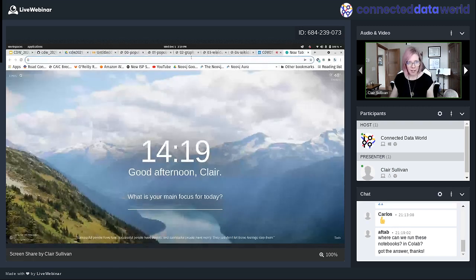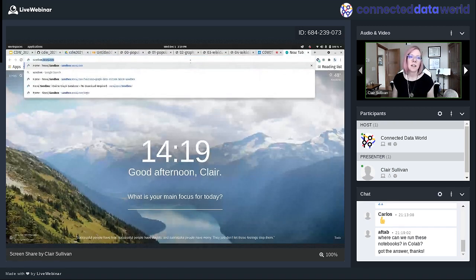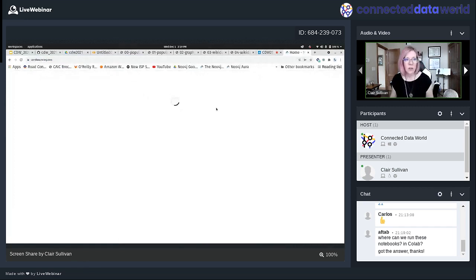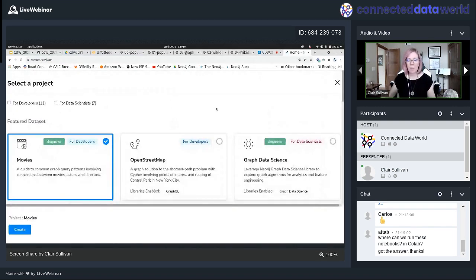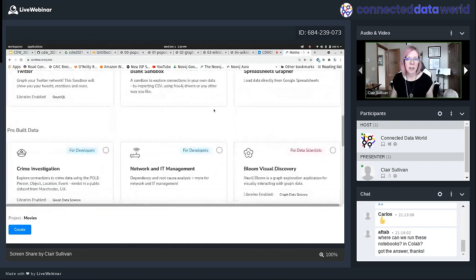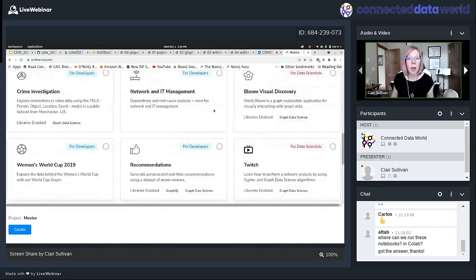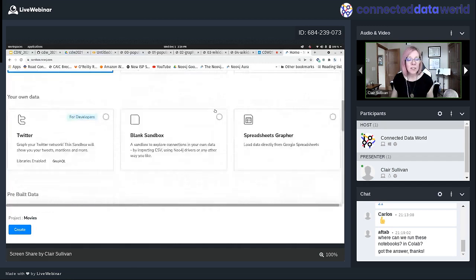Okay, so to create our database, our starting database, we go to sandbox.neo4j.com. And again, that's linked in the README and the repo, so you don't have to remember that. Okay, so what happens when I get that is I have this screen come up. It might ask you to authenticate to your Google account or something like that, but I have this screen that shows up. And I have a whole bunch of different types of databases that we can create. Some of them are pre-populated and some of them are not. But we're going to start with a blank one.